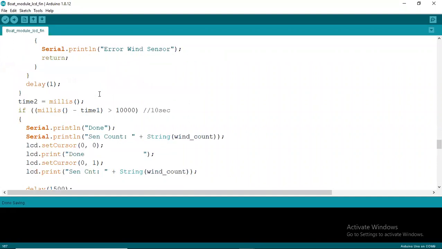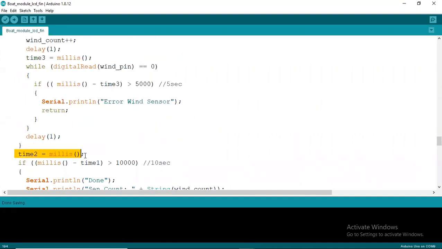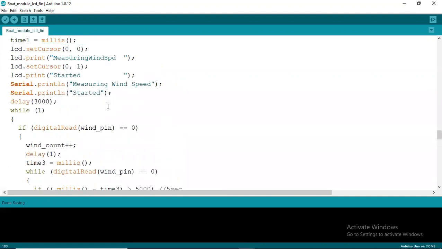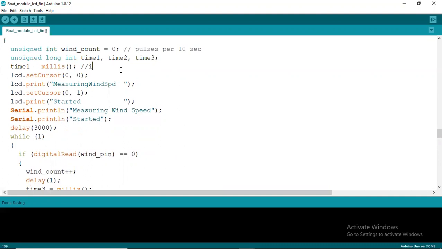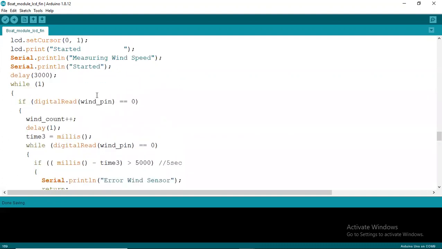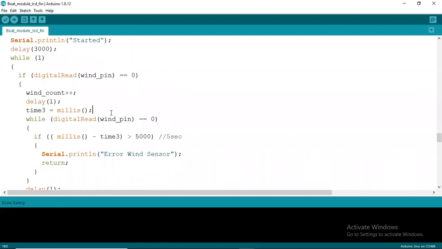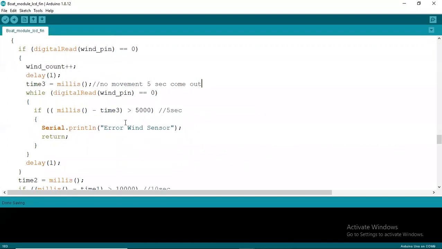So what is happening here? I'll start the timer here. This is the initialization of the timer. Init timer. I've initiated timer 1. This one. Then what is this timer? This is for no movement in the fan for 5 seconds, come out. So if I get a pin low